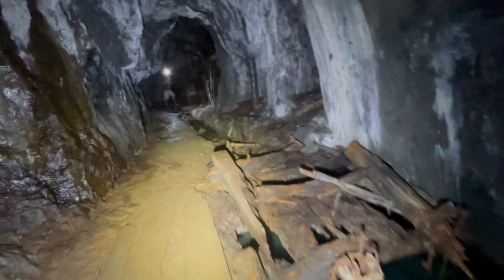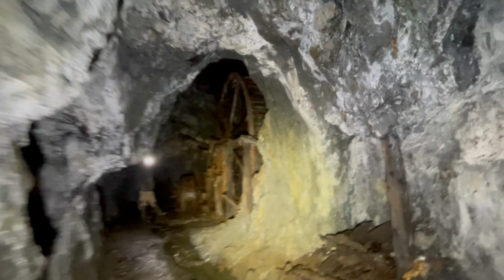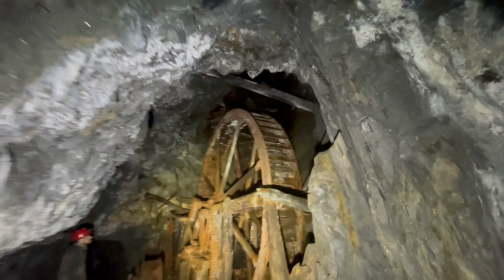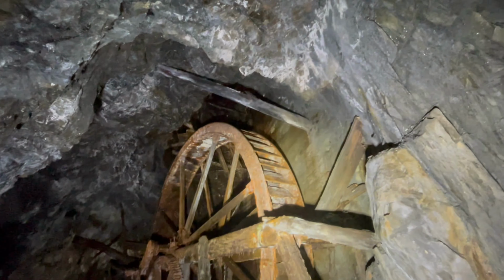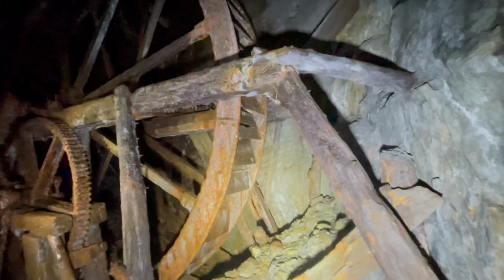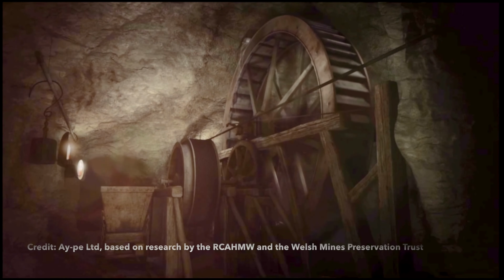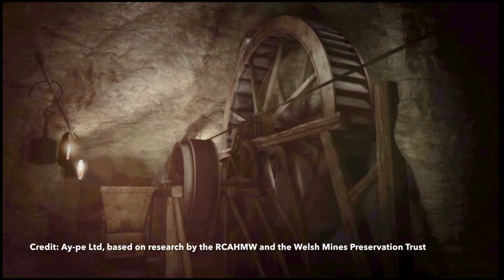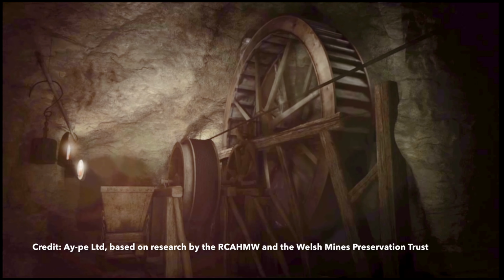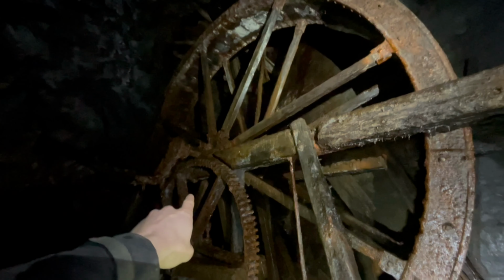Now what we think would have occurred is the water wheel being powered by falling water up in that leat up there would have fell down, it was overshot, and all of the buckets, or the paddles, they're all beautifully intact. Following the closure of the mine in 1903, the surface plant was scrapped and the underground wheel forgotten until the 1970s when it was rediscovered. It must have fallen in that direction. So it's going anti-clockwise from our perspective, and